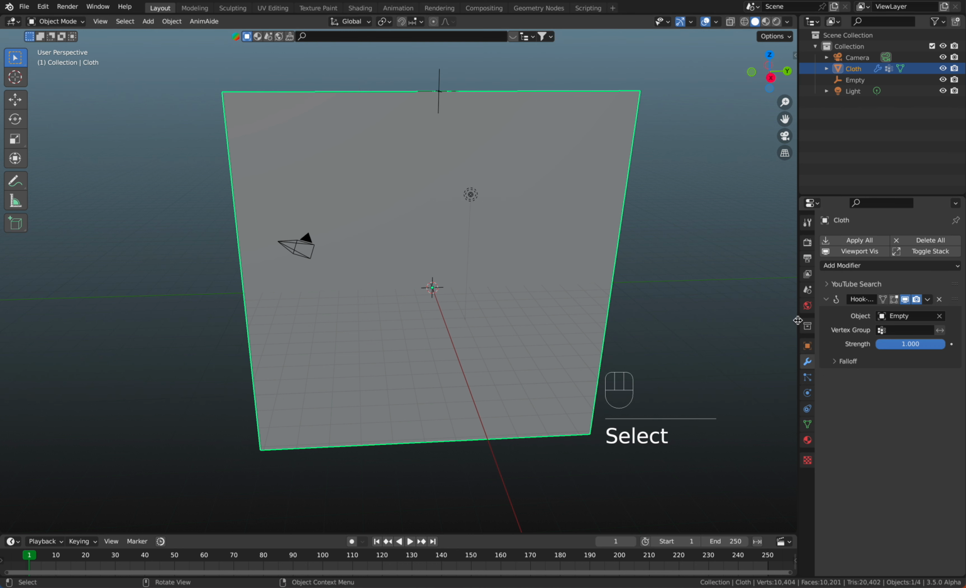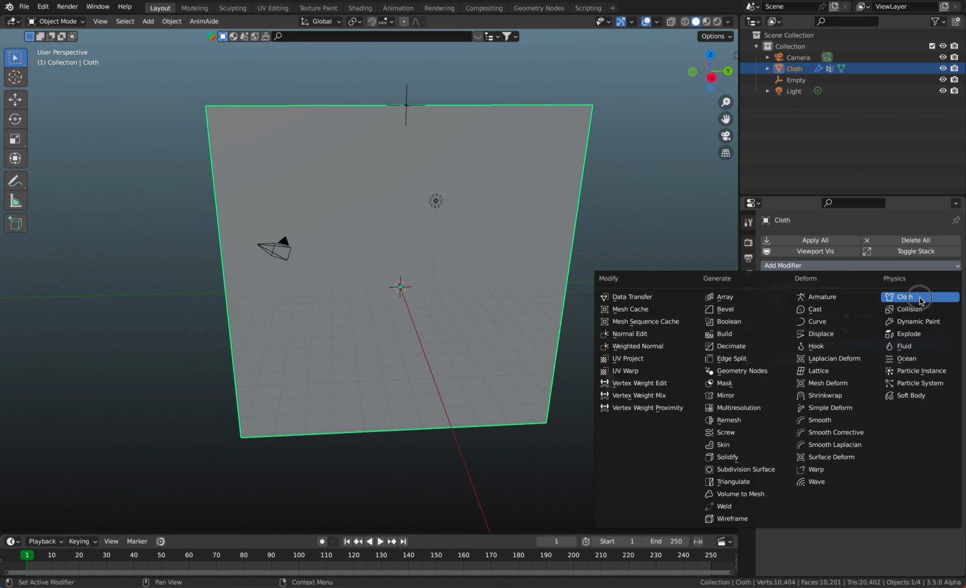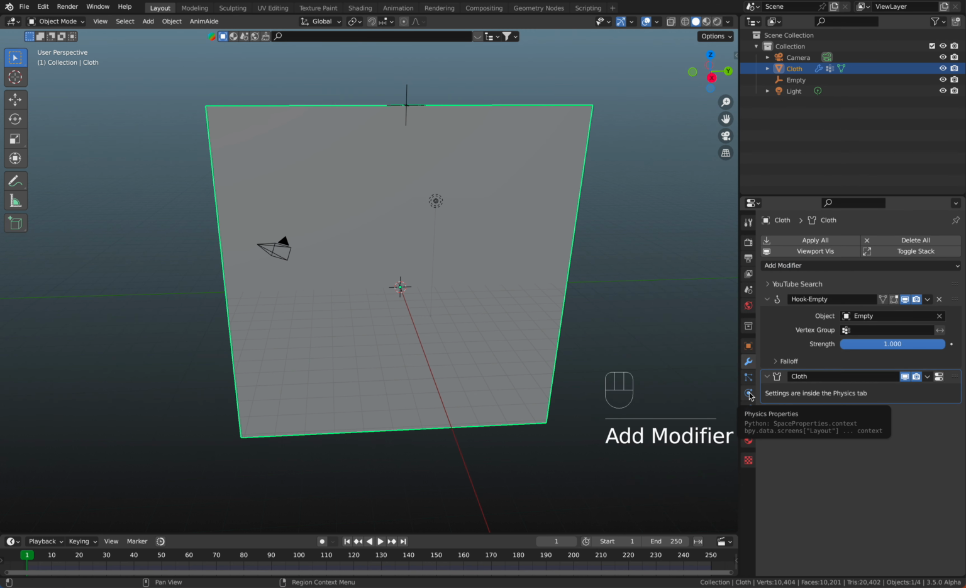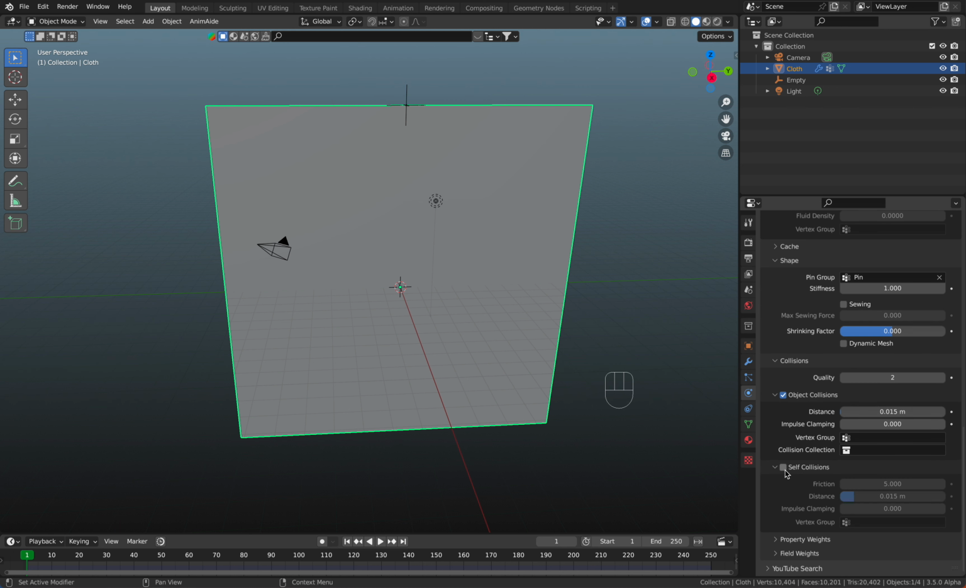First of all, I want to add here now the cloth modifier. So I go to modifier, and as you can see, I already have the hook modifier here. And I say add cloth, and then now I go to the cloth properties, and I want to change two things here, or three. First of all, I choose the pin group pin here, and in collision I select self